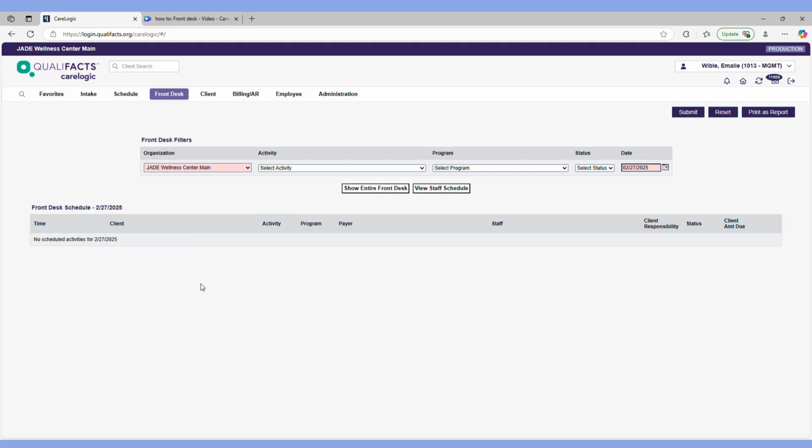Now that you've been exposed to a basic overview of CareLogic, we are going to start with understanding and learning how to check in a client. In order to do that, we need to utilize our front desk tab. So if you are not on front desk, you would click this front desk tab at the top of the